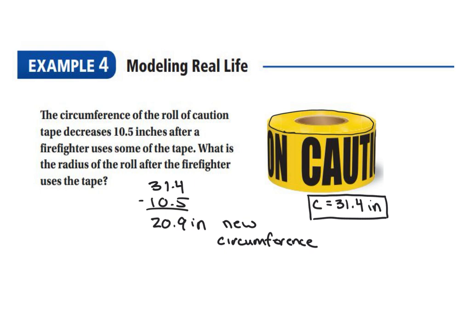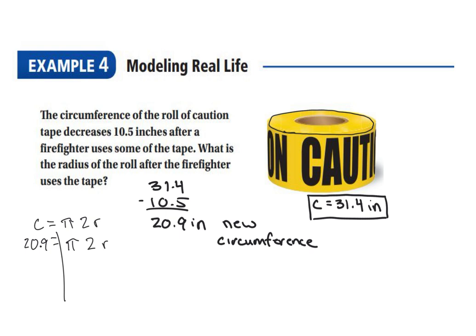And obviously the roll itself is going to be a little bit smaller now. So now we'll use our equation. Circumference equals pi times 2 times the radius. We know that our new circumference is 20.9, equal to pi times 2 times the radius. So now we're just going to solve. 3.14 times 2